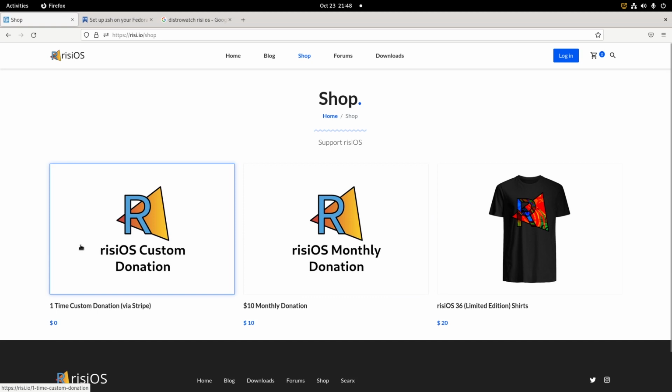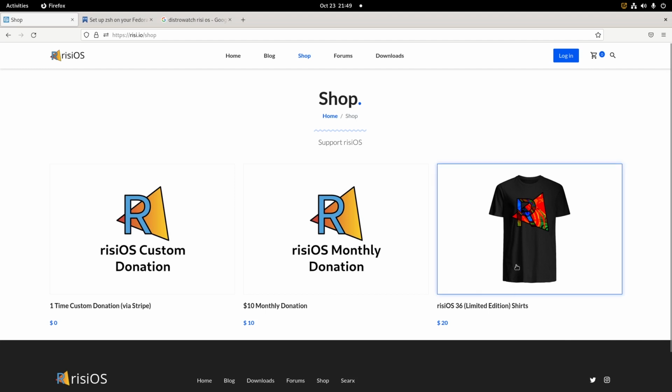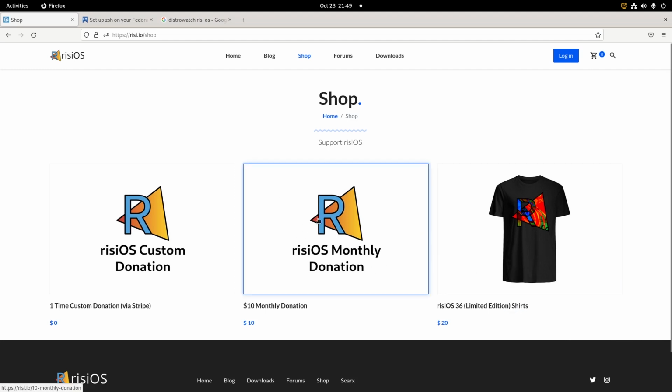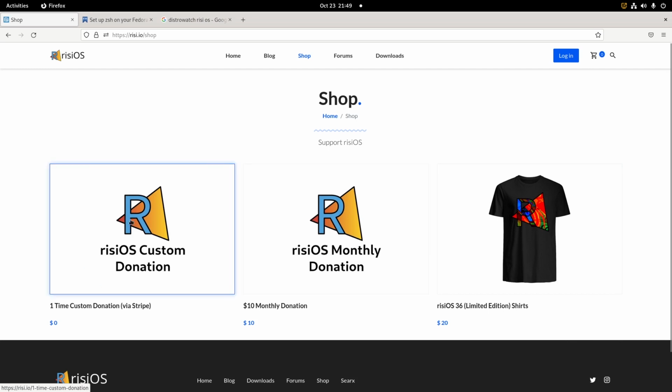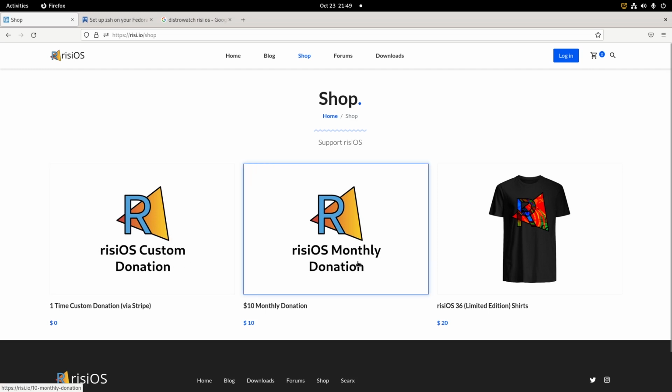Okay, we can see in this part that RisiOS has something like merchandise, like t-shirts, and we can donate to RisiOS. We can choose this custom donation, or we can choose monthly donation.